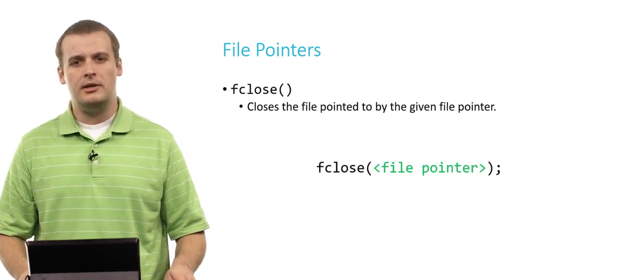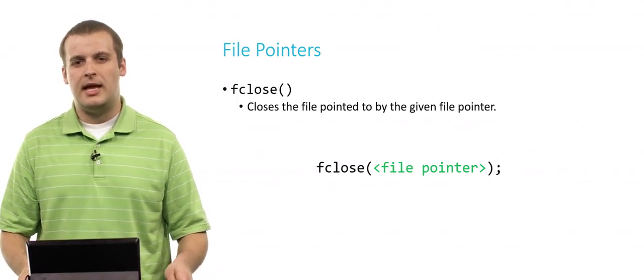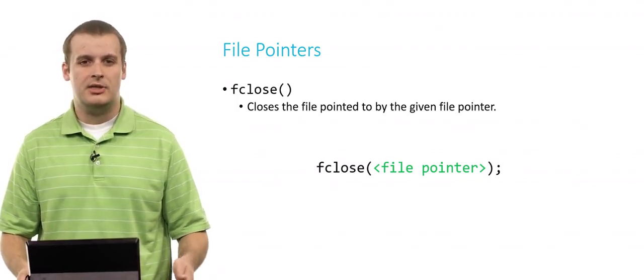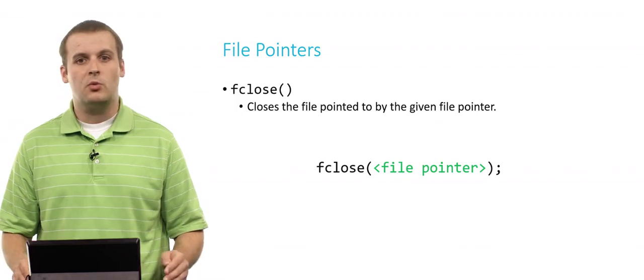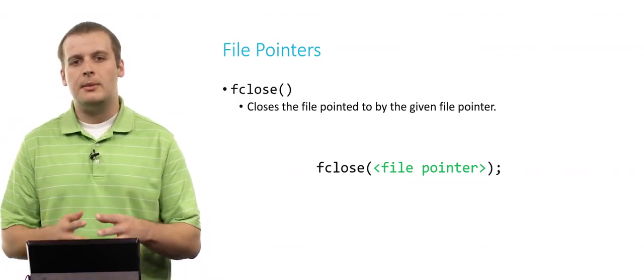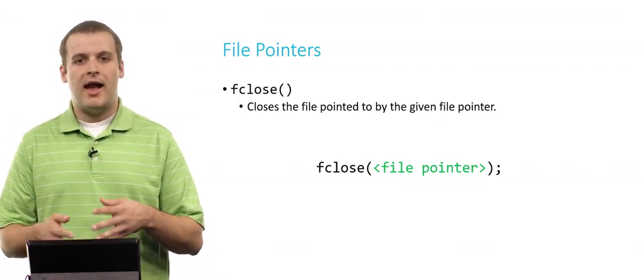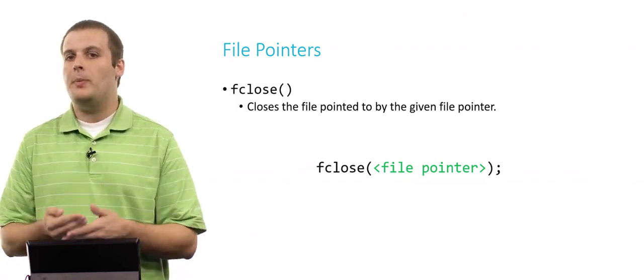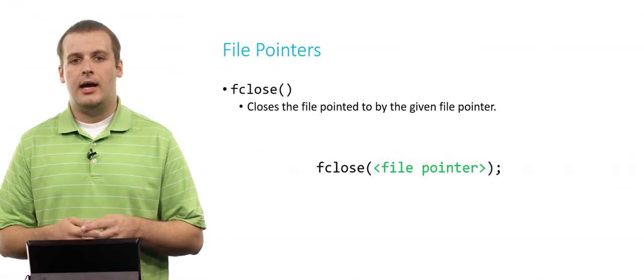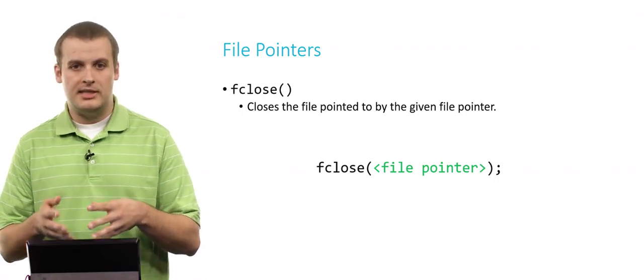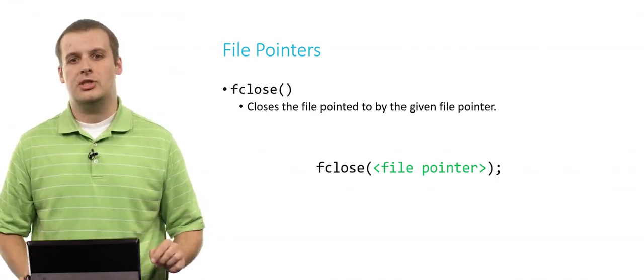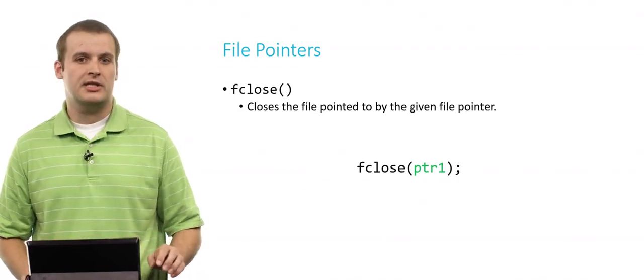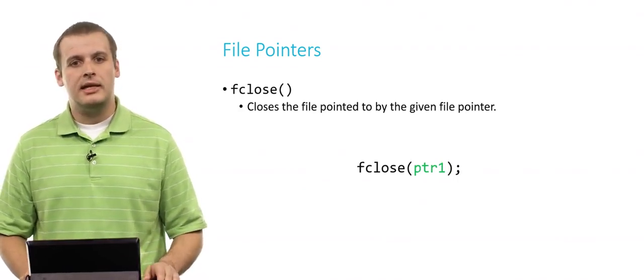So that's fopen. What about fclose? Well, pretty simply, fclose just accepts a file pointer, and as you might expect, it closes that file. And once we've closed a file, we can't perform any more file I/O functions, reading or writing, on that file. We'd have to reopen the file another time in order to continue working with it. So fclose means we're done working with this file,